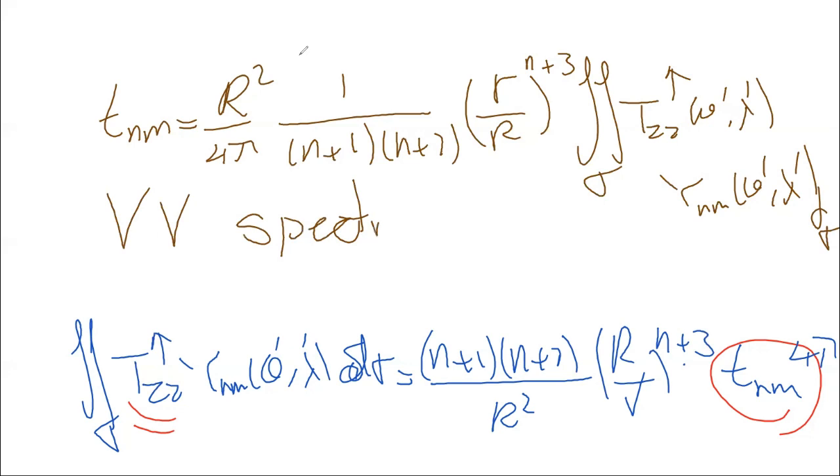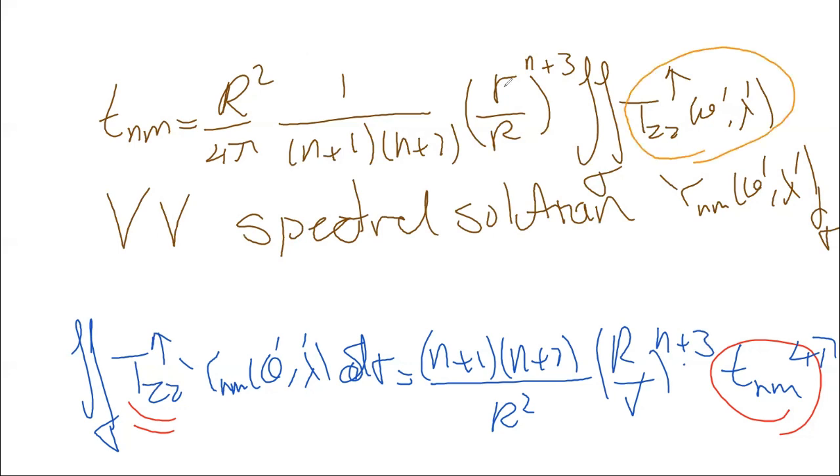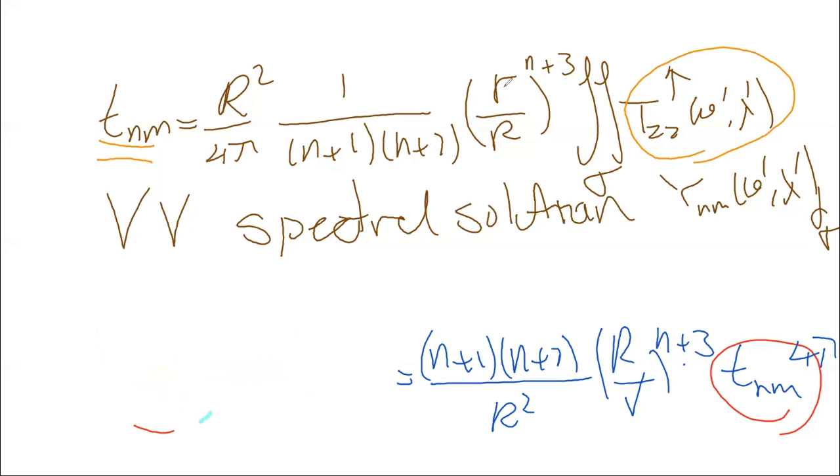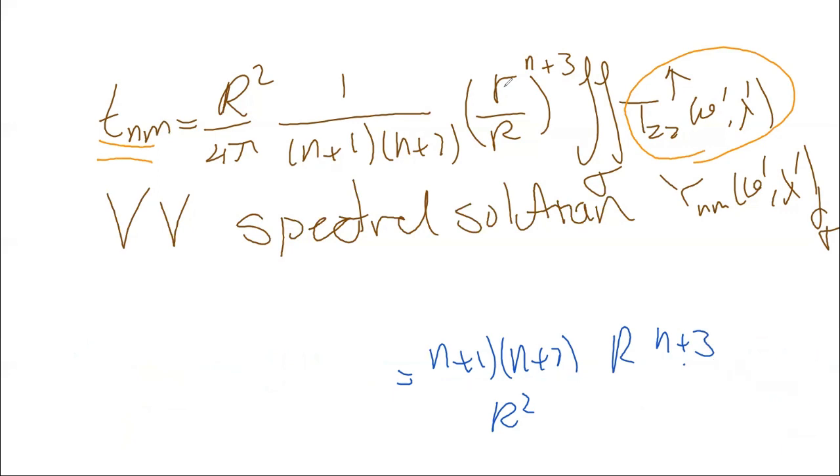spectral solution. So the important thing here is that we need to have a global coverage of T_zz all over the globe in order to compute T_nm. Another important issue that you need to know is that the second order derivatives are more sensitive to high frequencies. I have already discussed that because